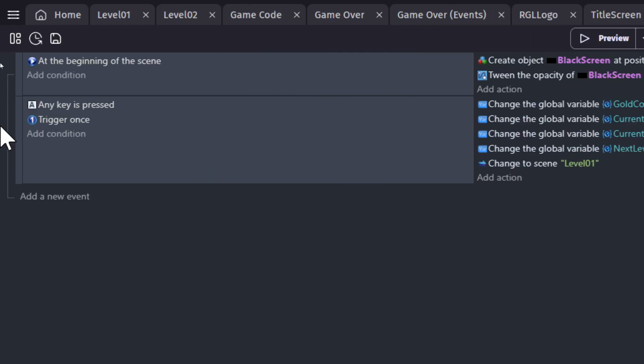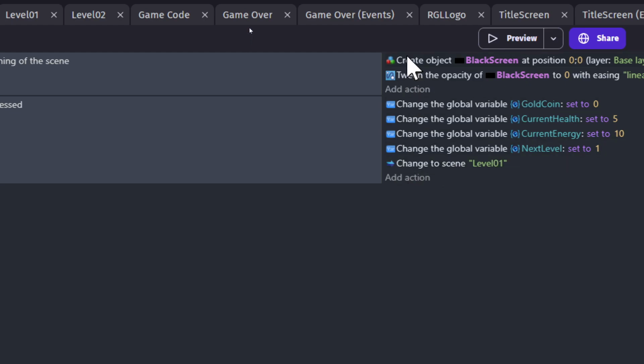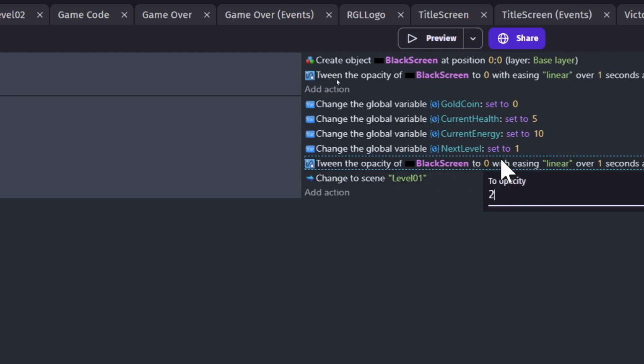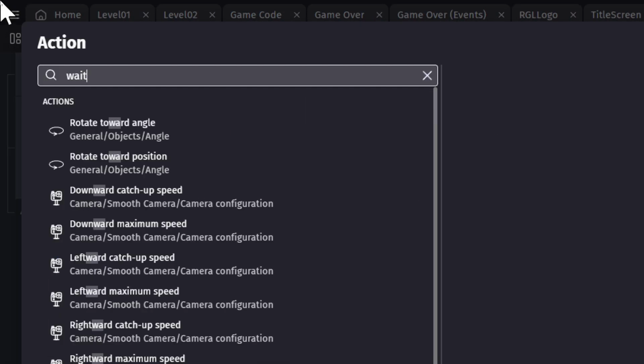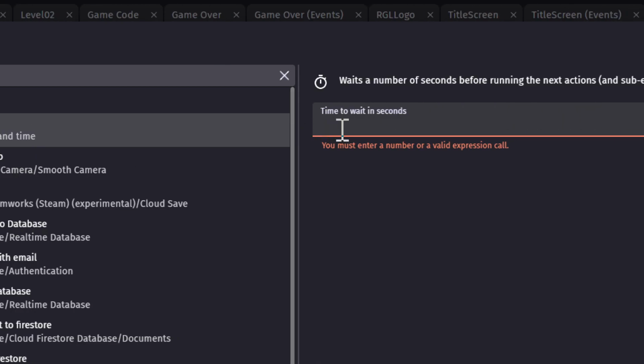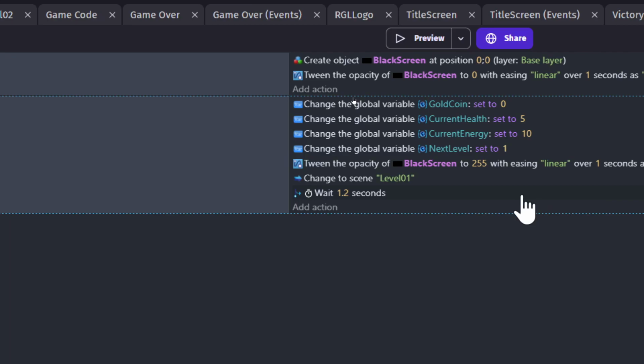And then when we press the button, we're gonna tween this to 255, 255 over a second. And we're gonna wait 1.2. Just give it a little wiggle room. All right, cool. So now we need to do the same thing